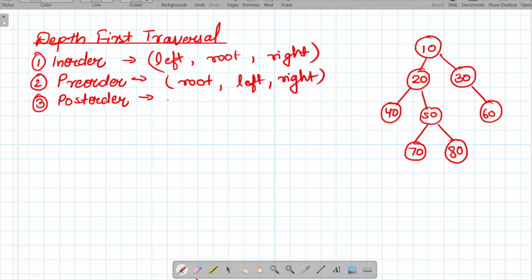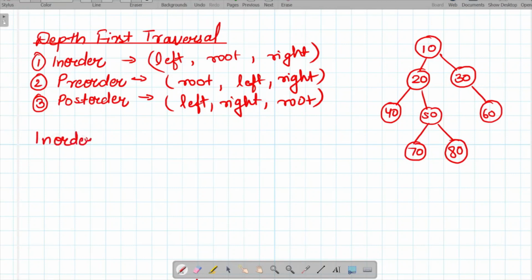And in case of post order, we will traverse the left node first, then the right node, and the last is the root node. So this is basically how we will traverse a given tree in case of in order, pre-order and post order. So let's find out now the in order traversal, pre-order traversal and post order traversal of the given sample tree that we have.